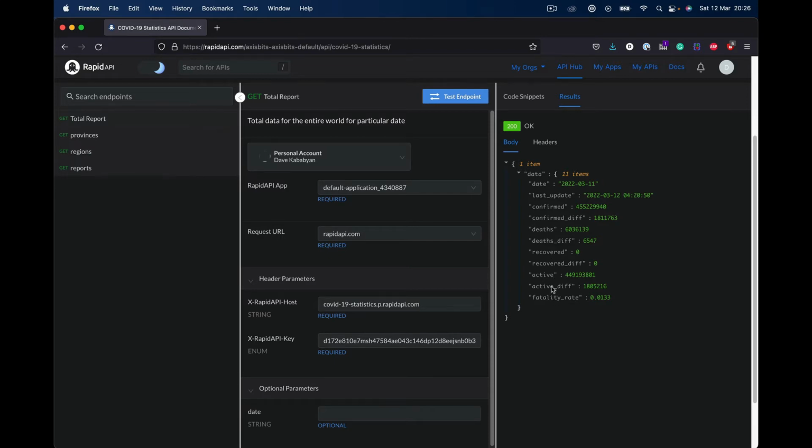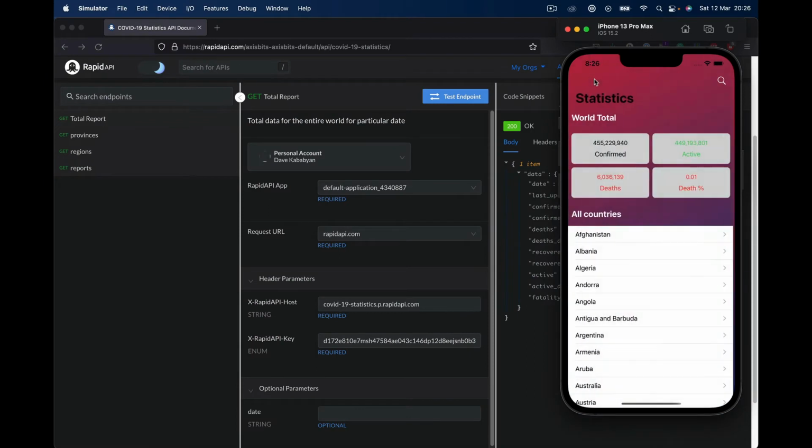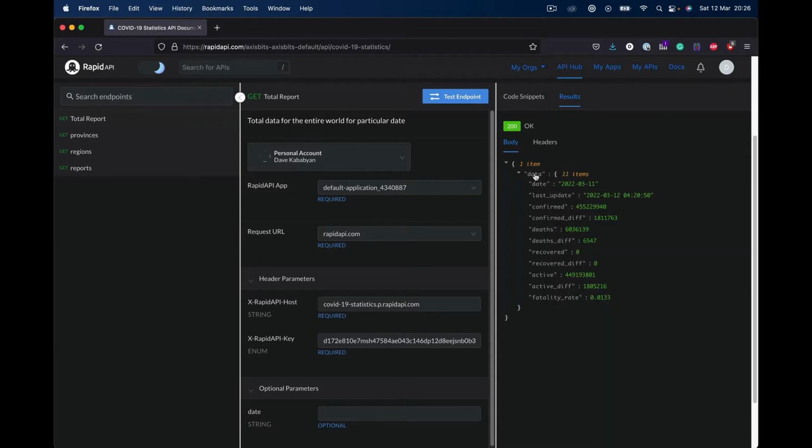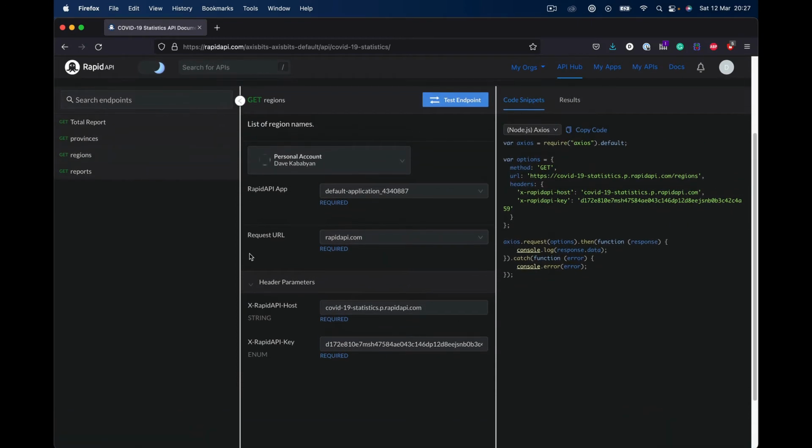And I think, let me see here quickly. Yeah, we are using 4 things: the death, the fatality rate, active, and confirmed. So from all this data, we are choosing only 4 things to show to our user. Then if you go to the regions, here, if